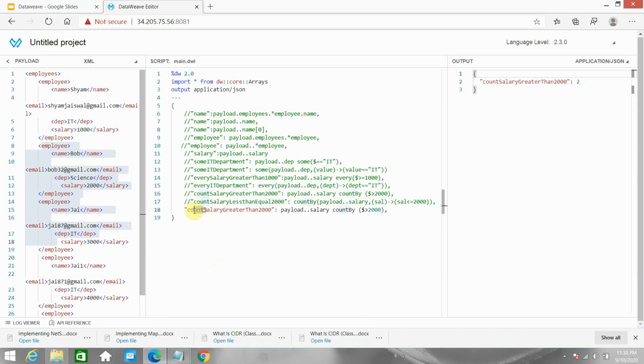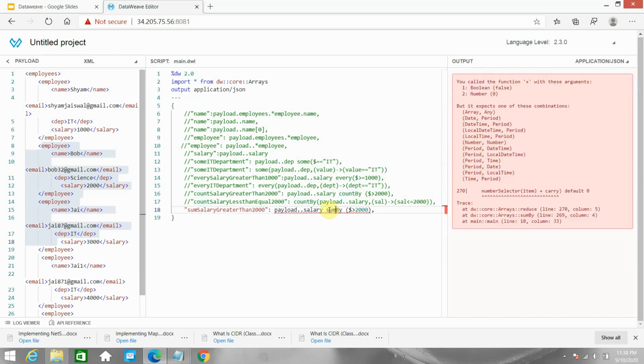Now, for sum of salary greater than 2000, instead of count by I can use sum by, but it is giving an error. For employees whose salary is less than or equal to 2000, I need to add 0.